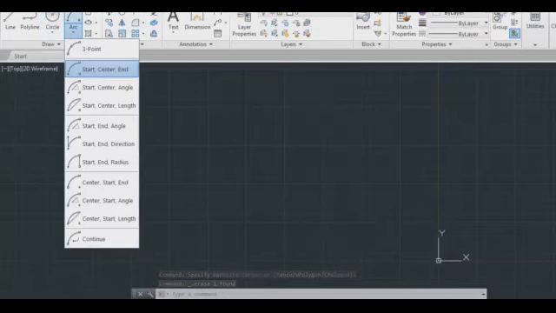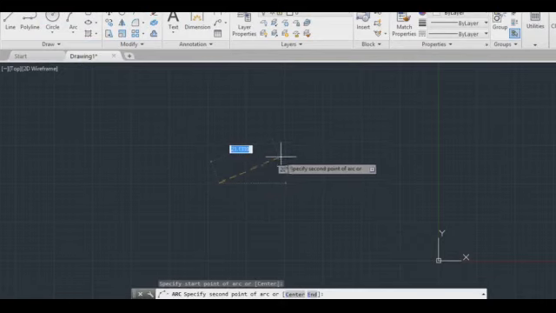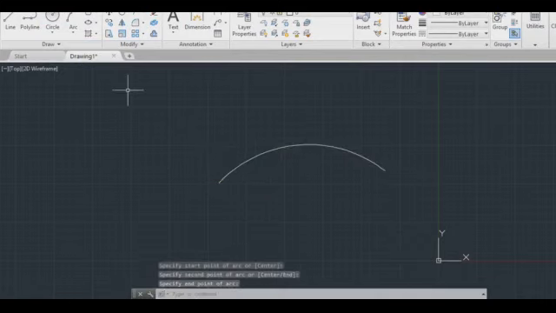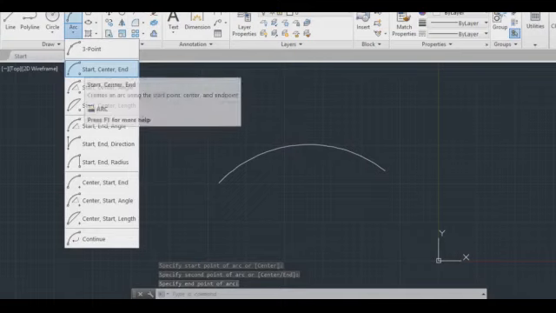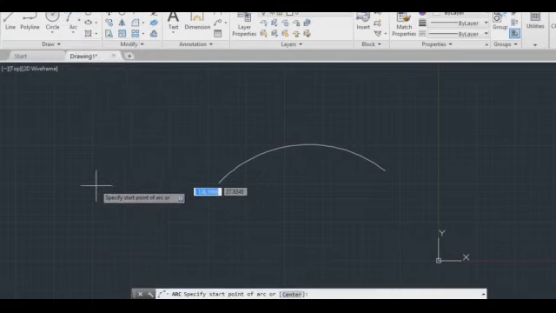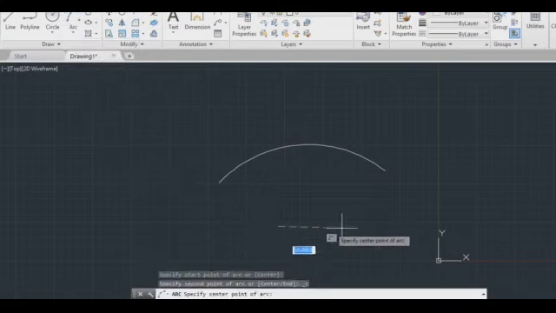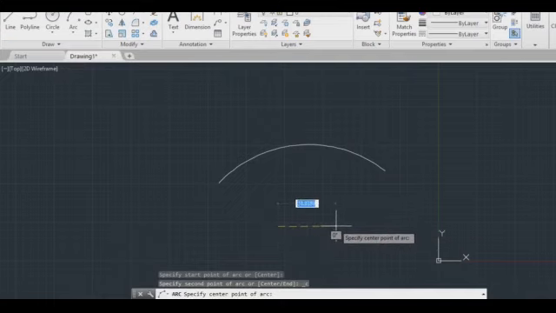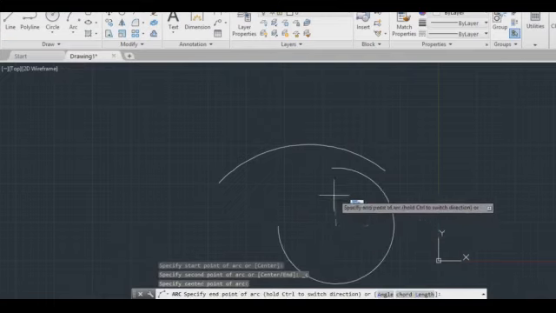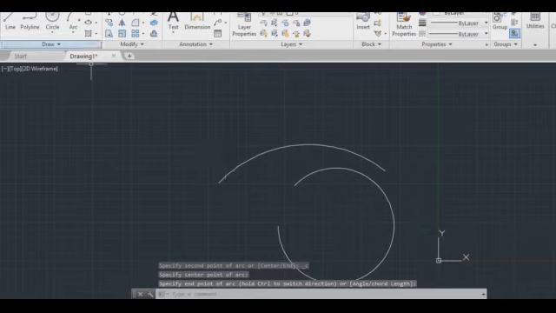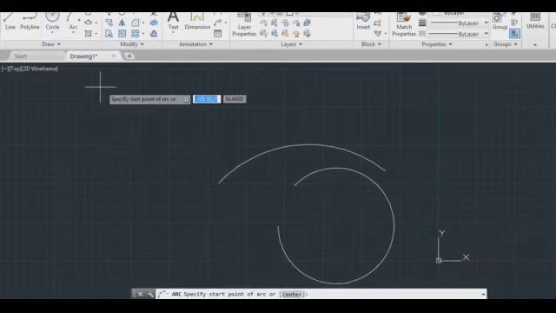Now we will see one by one. First is 3-point arc: first point, second point and third point. Next we have start, center, end. As the name indicates, start, center and then end point. For the end point you can give angular variations, as much as you want.